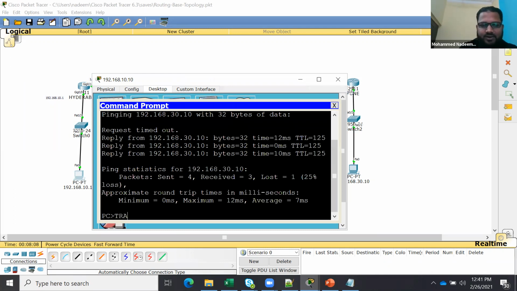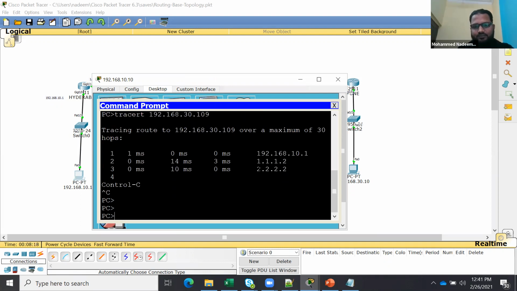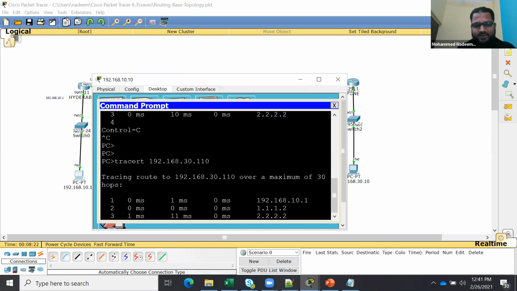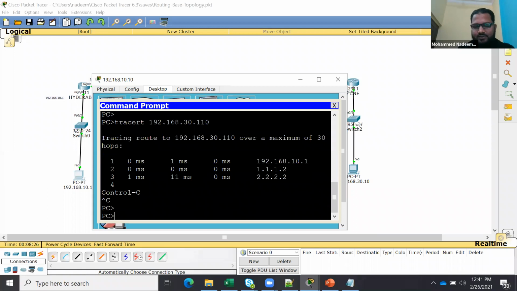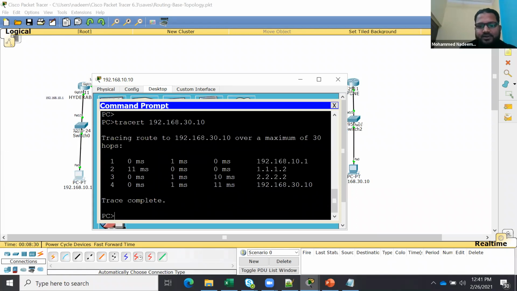Similarly, if I go traceroute 192.168.30.10, oops, sorry, it is 110. See the same hops, next hops, it is going here, here to here, here to here, finish. What we saw in the static route.